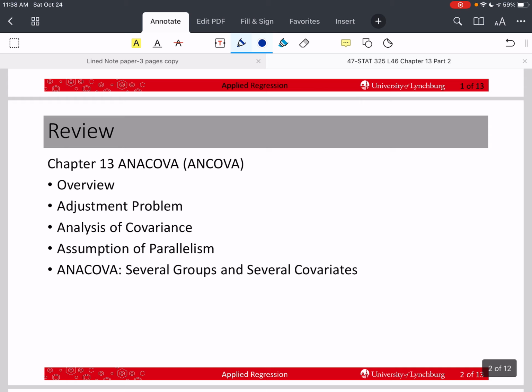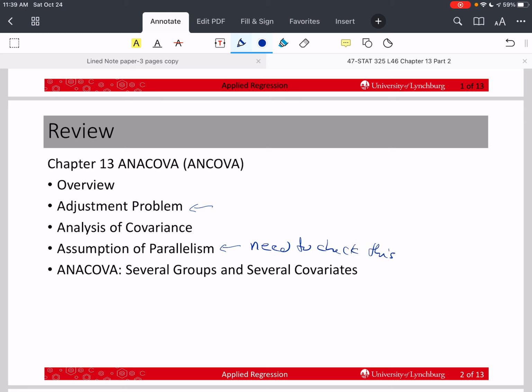So far in this chapter, we're dealing with ANACOVA, or the analysis of covariance, and we've talked about the adjustment problem, how we want to make an adjustment between, let's say in the last example, I think it was blood pressure and age. So age was the covariate, and we wanted the average blood pressure difference between males and females, which was our major study factor, controlling for the age of each. We also talked about the assumption of parallelism that is required. It's an assumption, but we need to check it. So you need to check this